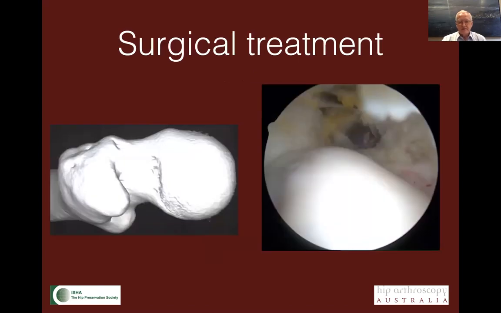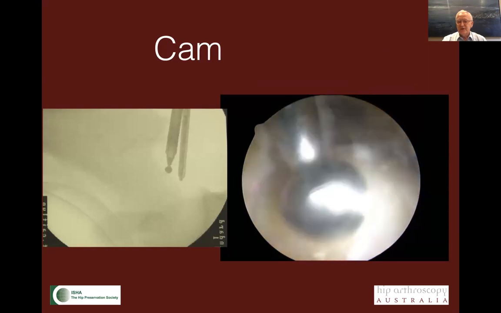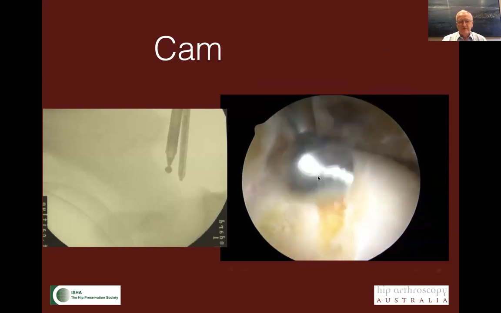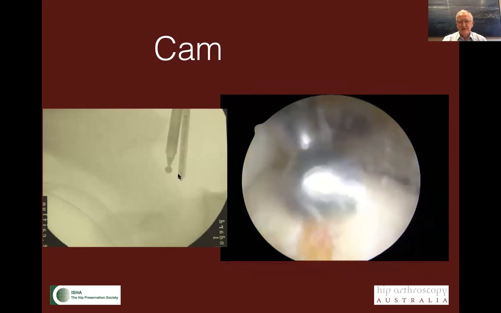How do we deal with this? In the early stages, if we get to it before there is major damage to the articular cartilage, one of the things we need to do is to remove this lump of bone which is causing the damage. This is on a CT scan. This is the same patient seen at arthroscopy. So we need to burr away the excessive bone, which is all just outside the joint anyway. We can, if necessary, follow an image intensifier to be sure that we're removing bone in the correct space and